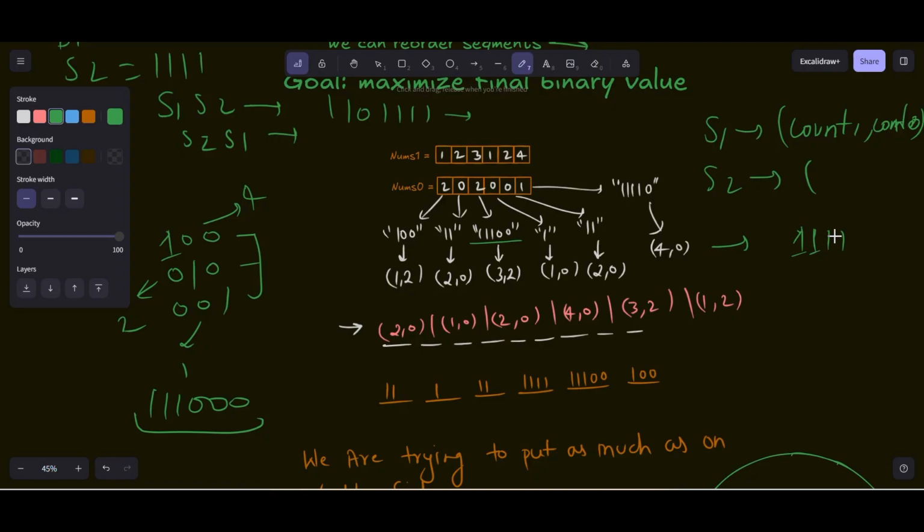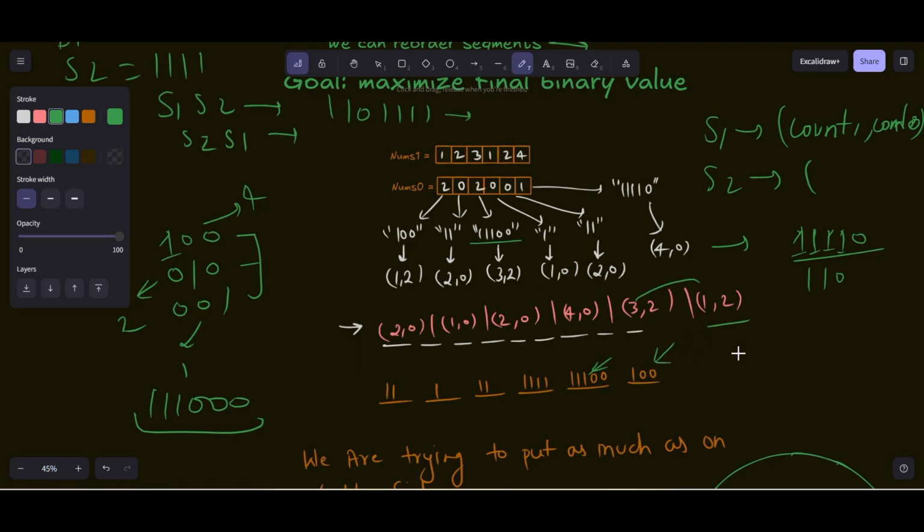first. Suppose you have strings s1 and s2, where s2 contains fewer ones. You will try to place the string which has more ones first. Here you can see that this is s1 and this is s2. s1 has more ones, so we will place it first, like in the example, 11100. We will place the string which has fewer ones later.